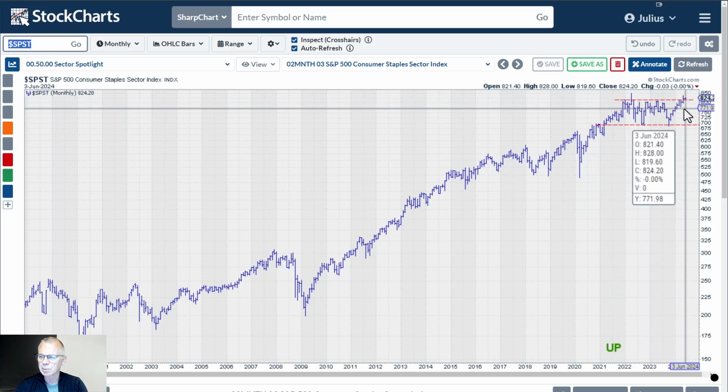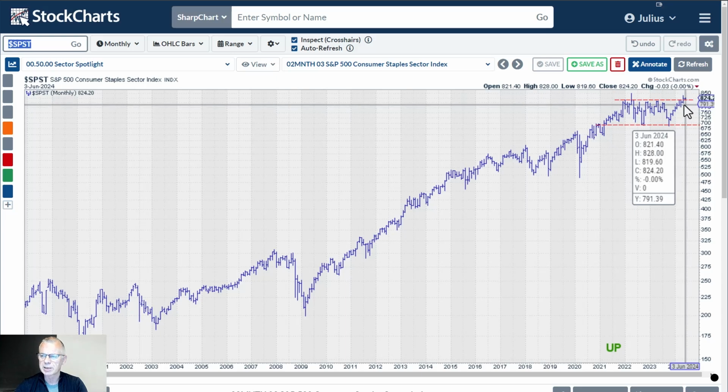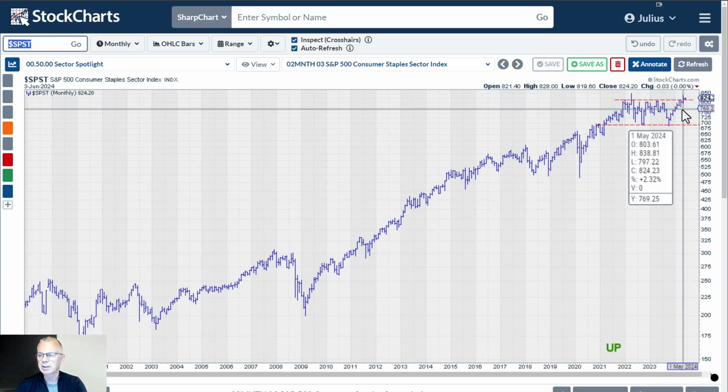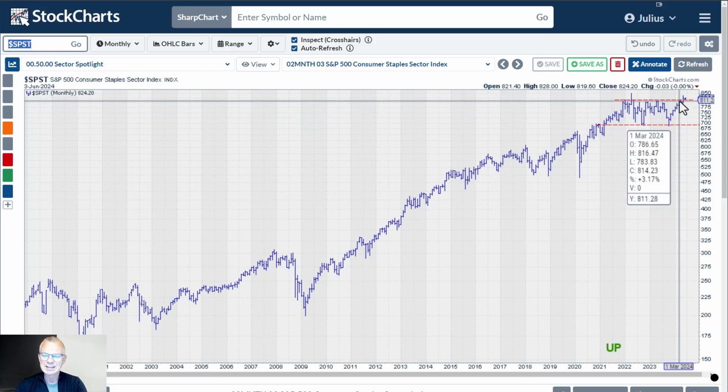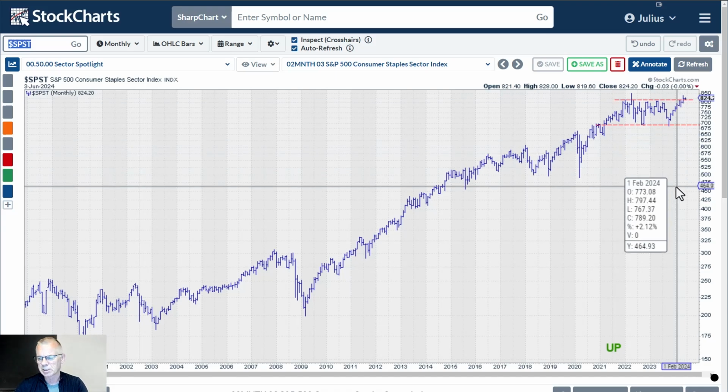Mind you, this last bar here is only one bar of trading, so we're going to ignore that for now. Last month we barely broke above that overhead resistance level, and this month we will get the proof whether that is a solid, reliable break. As long as we stay above, let's say, 815, I think consumer staples can be considered to be in